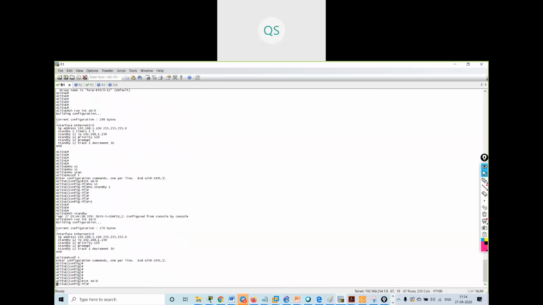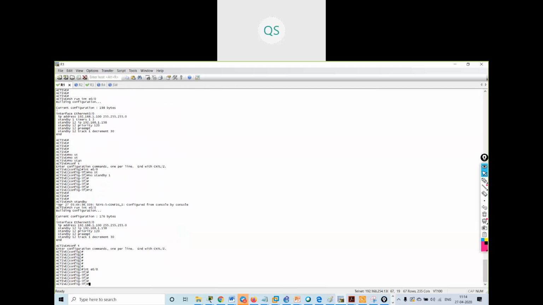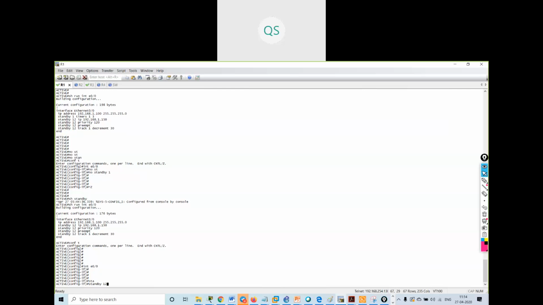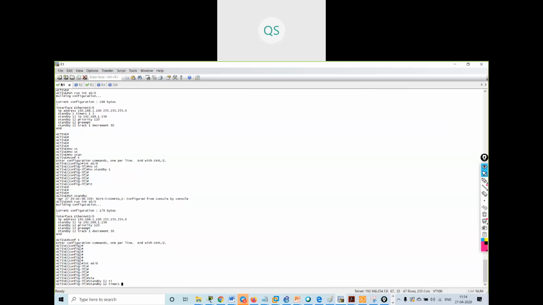Interface Ethernet 0/0, standby 12 timers 1 and 3.